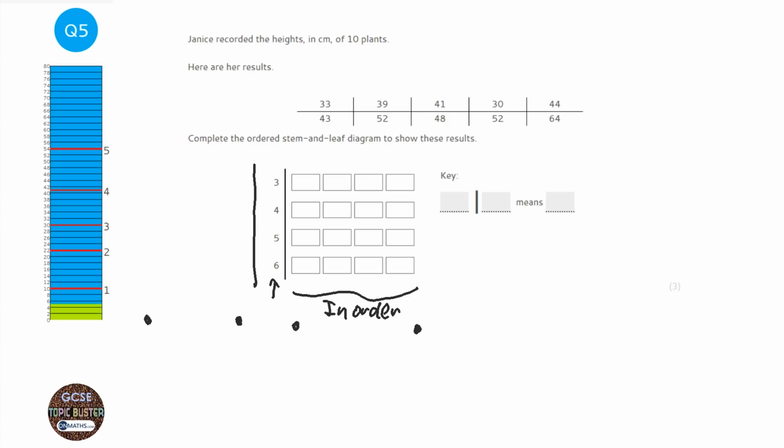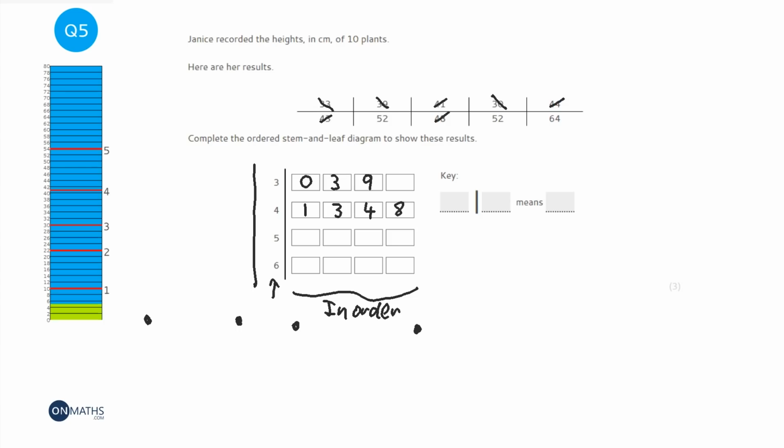Okay, so the smallest one we've got is 30, so we're going to do 30 first. Now we've got the 3 already, so we're just going to put a 0 there, and that represents 30. Then the next smallest I think is 33, so the 3 goes there. I think the next smallest is 39, so the 9 goes there. Okay, and that's the 30s done, so let's move on to 40s. 41 goes there, 43 goes there, 44,